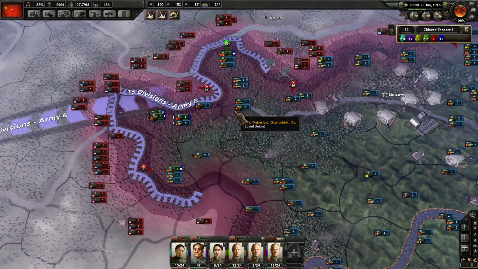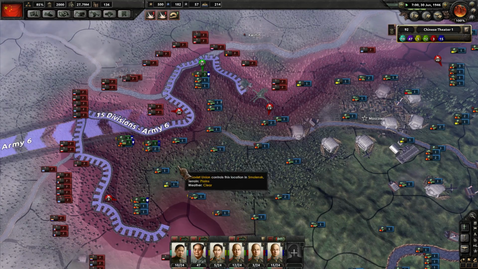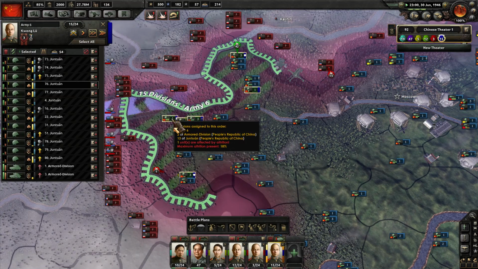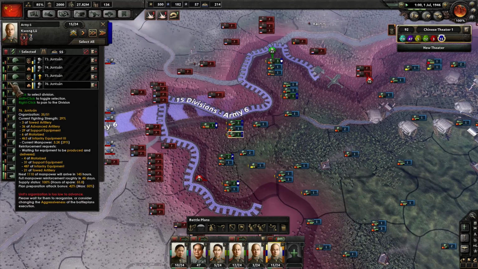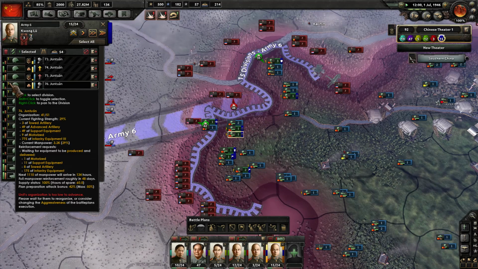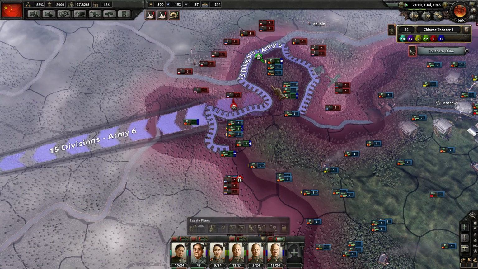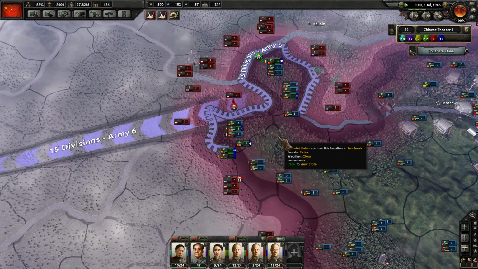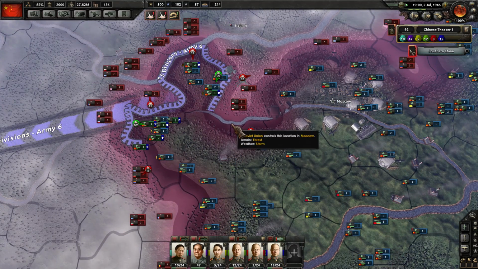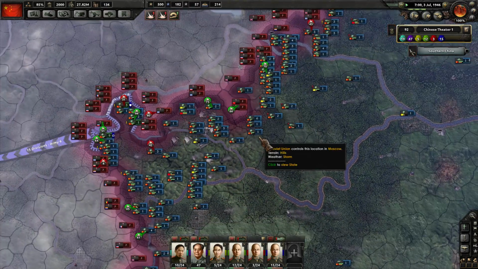Our little pocket that we've created here is going okay. They are counterattacking us pretty heavily now. Why is this guy saying he can't get to the line? Showing that exclamation point. What's wrong with you? Current fighting strength 29%. They need some... okay, it's their organization that's hurting really badly. Oh. And I'm hoping this blue group can hold out for us, because Moscow is being surrounded, and if they take Moscow,